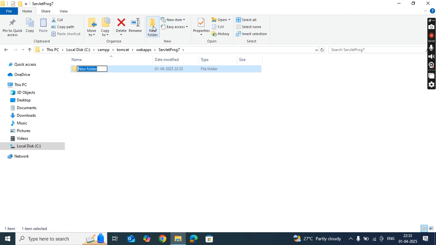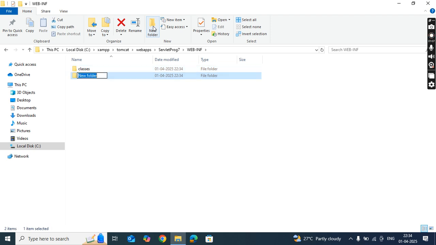And again create a folder called web-inf. Here we will create two folders in this one to execute JDBC code in Servlet. One is classes folder where you can save or store the class files as well as source files, and another one is lib folder to save the jar file. Here we need to download MySQL connector. Right, so let's first create a notepad